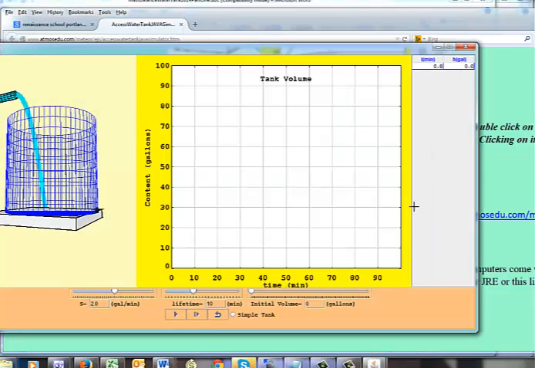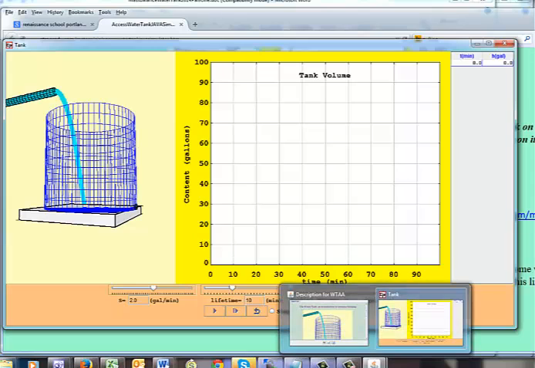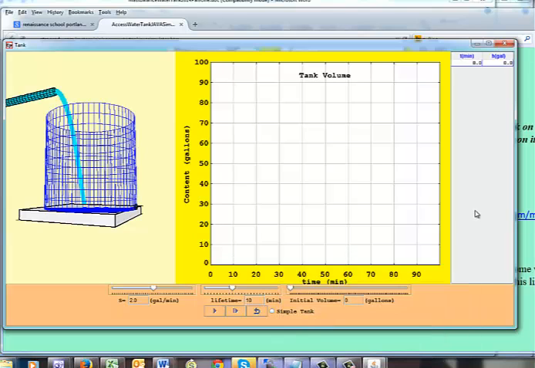open up. Down here you'll get a little coffee cup of Java, and there are actually two coffee cups, one on the other. One is the simulator window that you see here, and the other is a description window that you could also access if you wanted to. When it comes open,